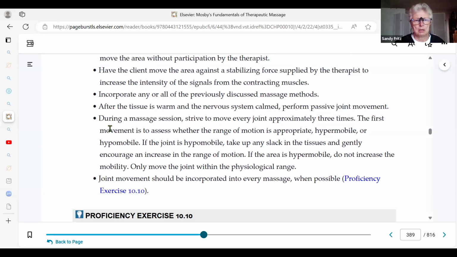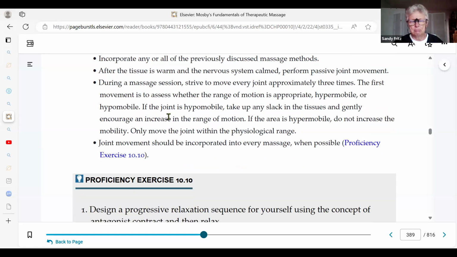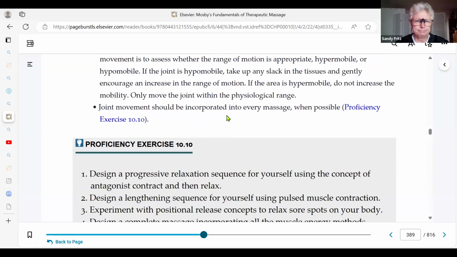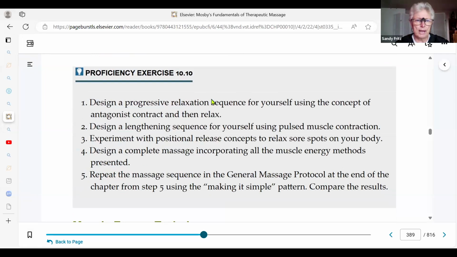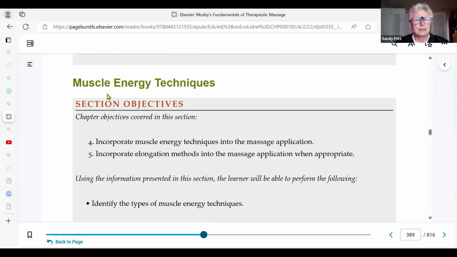So passive joint movement also just supports circulation and lymphatic fluid movement, and it should be incorporated into every section of the massage unless there may be a contraindication to it. Okay. This then can be,